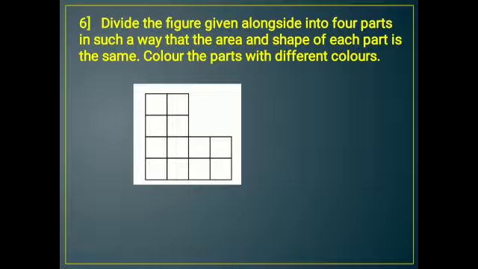So you are going to do it as homework, but I'll give you one hint, or you may do it on your own, whichever color you want to use. Just see in the picture, R is for red color, W is for white, G is for green, and P is for pink. You can see that the shapes are the same and the areas are the same, as I have taken three boxes in one group. Why? Because there are 12 boxes, and when we divide 12 by 4 we get 3. So each color will get 3 boxes.